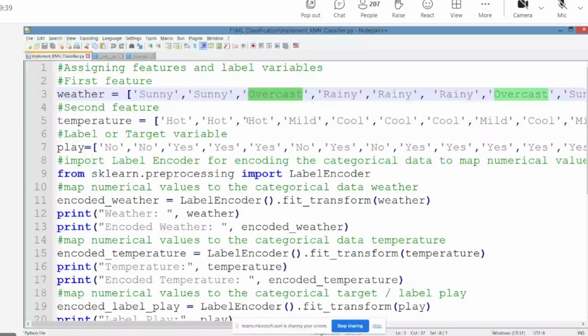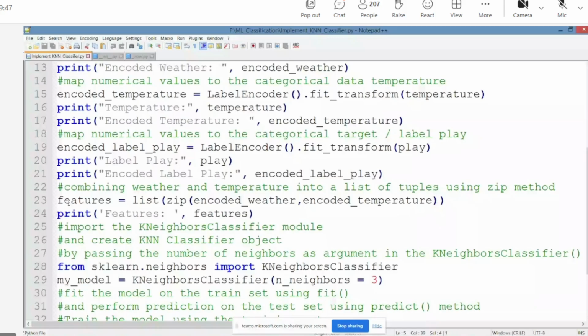I want to pack them in tuples. How am I going to pack? Here in line number 23, zip will pack the values into tuples. It will take the first value from the encoded weather, the first value from the encoded temperature, and pack them as a tuple. All the tuples I am converting into a list.